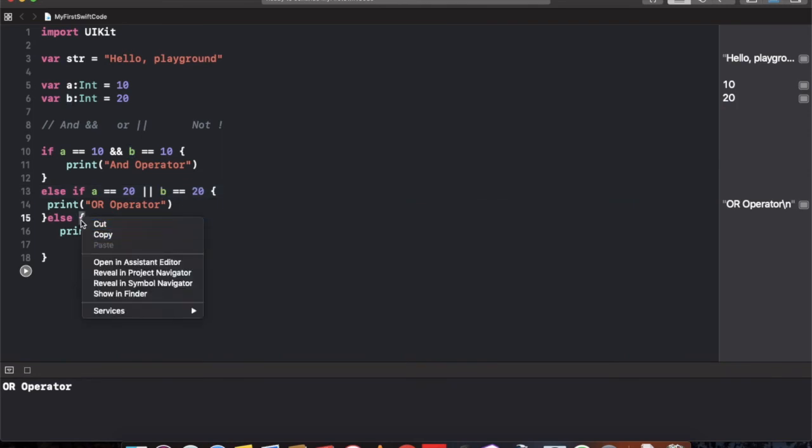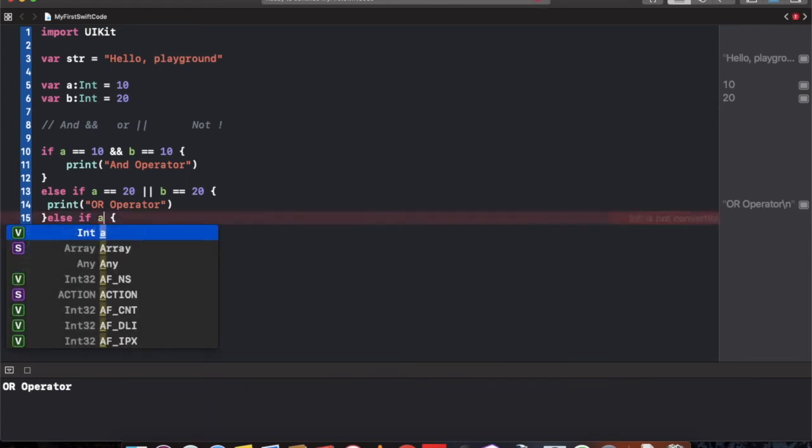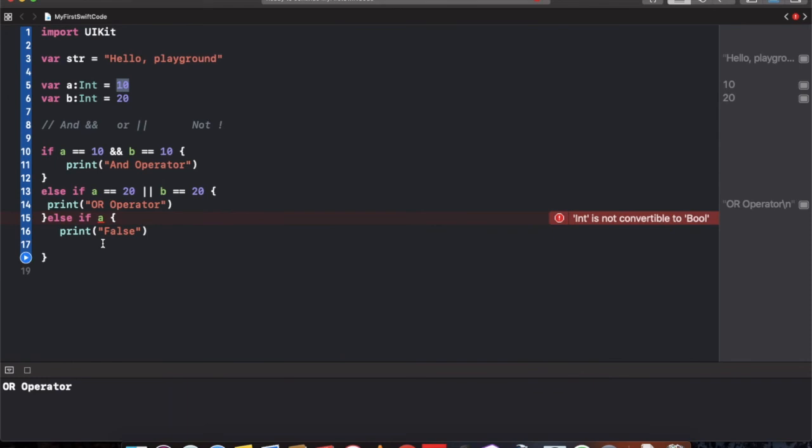Now check it, else if again, and write it with the NOT operator. The NOT operator works on a single statement. If a, here you can see a equal to 10, let's write a not equal to any number. If we want to say not equal to 20, if a has any other number, then this case is true. First of all, change this number also.